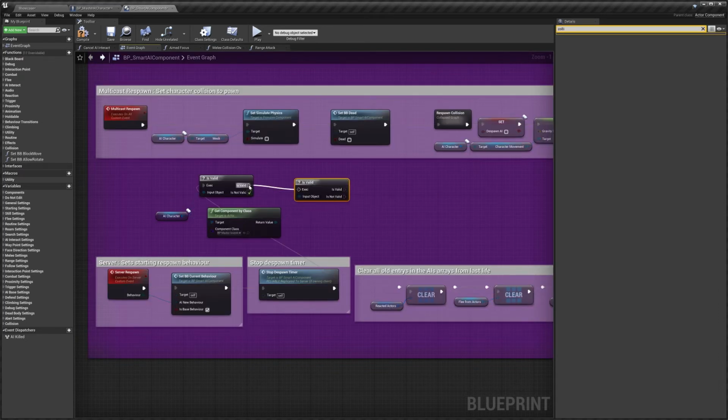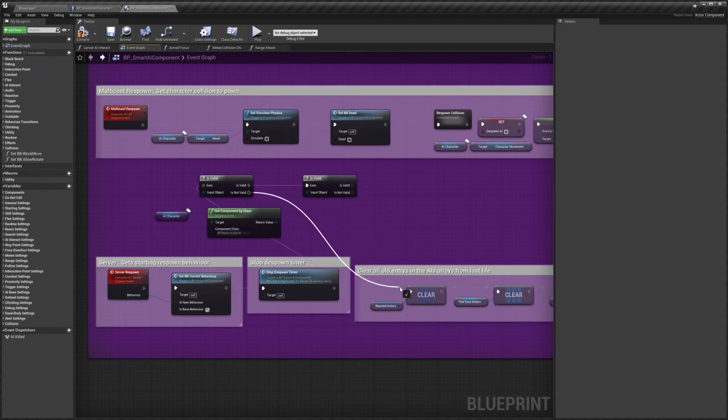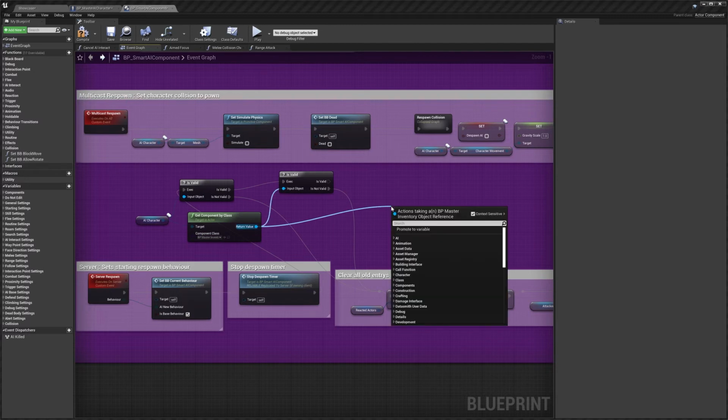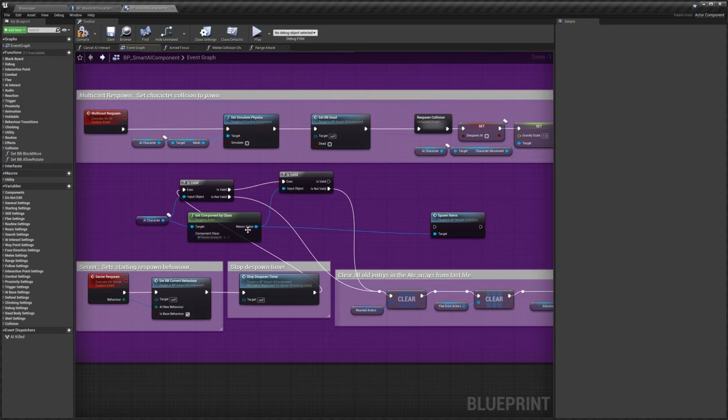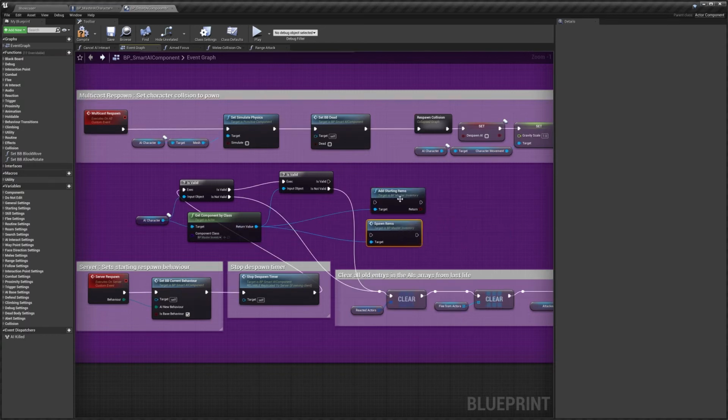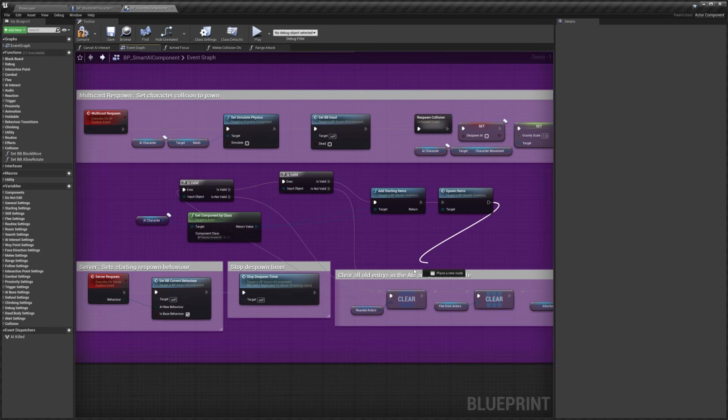Connect that to the is valid pin on the first one. The is not valid we'll just connect up down here, and the same with the second one. And the master inventory we'll drag out and we'll do spawn items, and we'll also drag out from that and do add starting items. Now I'm going to do add starting items first, and then we'll run spawn items,